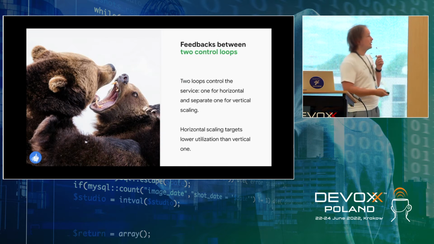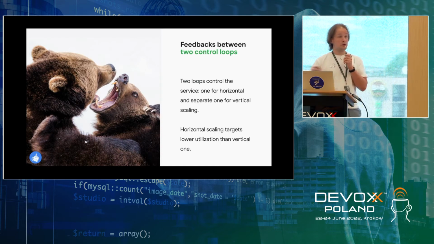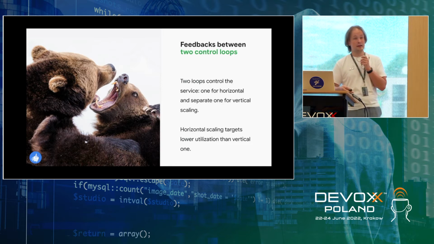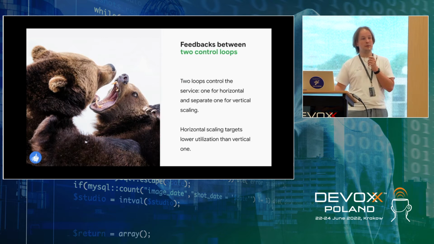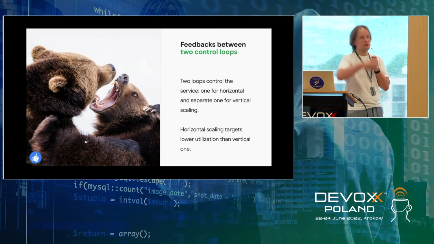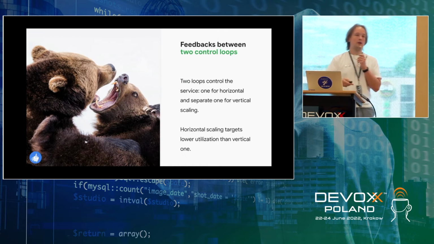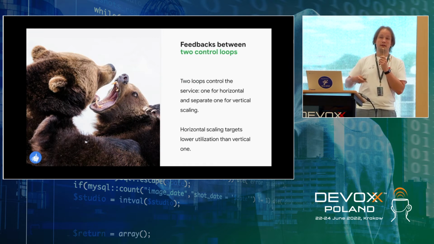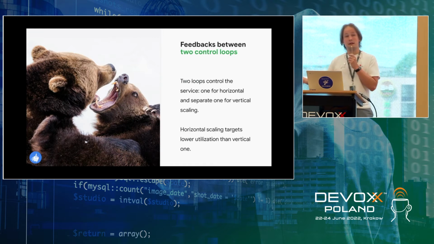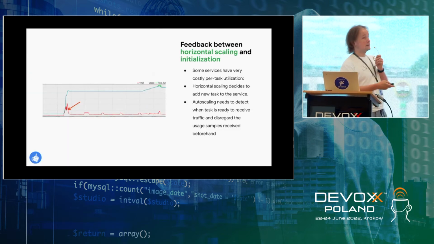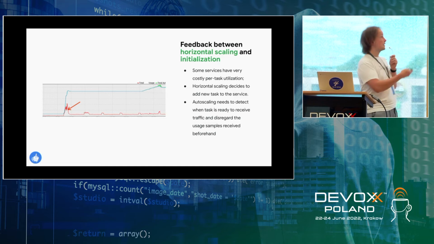How do you solve this? If there are two feedback loops, two automation systems, they should use the same target. In other cases, the horizontal system should stop looking at the memory limits, because memory limits are something transient. They can be changed by the other system. It should use the value that the user would provide, and assume the capacity of the task to be constant, and then there is no such problem. But this is not the last feedback loop.